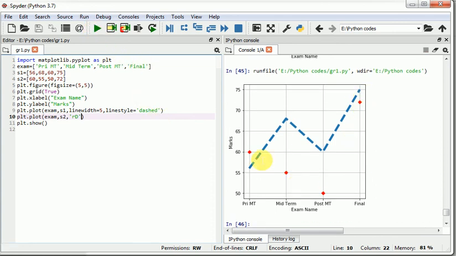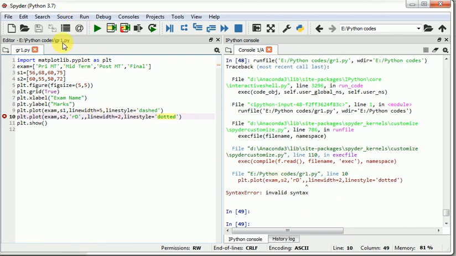And if you are writing marker equal to D and you merge this code with your color code, only points will display. In that case you have to give your line style, either dotted or solid, whatever you want. So it displays your line also.